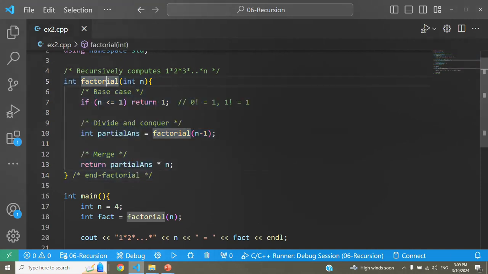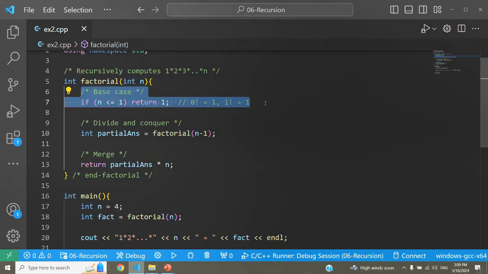So you've got a recursive function that takes a problem of size n. We write the base cases at the top. So the base case is if n is less than or equal to 1, return 1. Again, I'm assuming that n is never negative, because if it is negative, this is not going to stop. So I'm assuming that factorial is always called with a value of n that's either 0 or more.